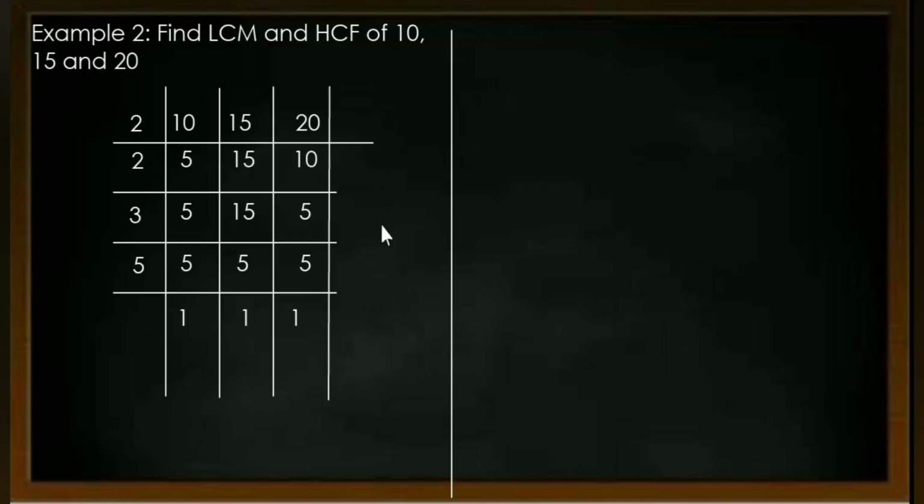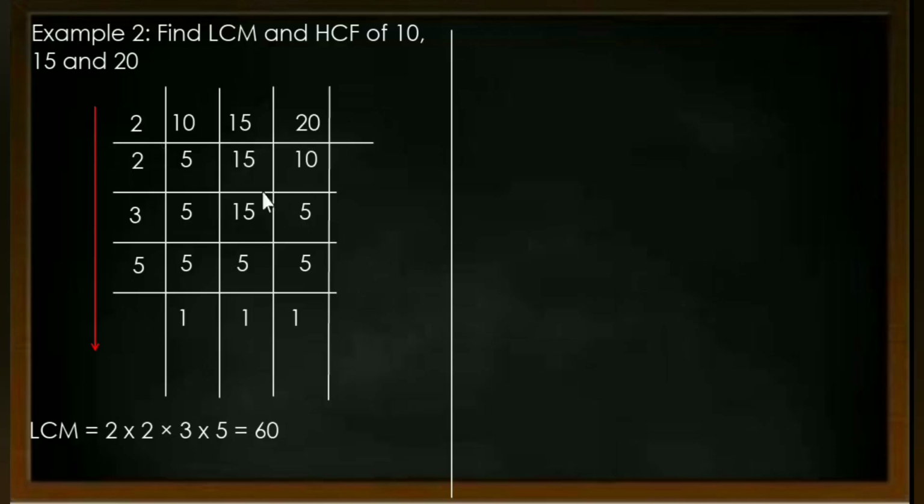So in order for us to get our LCM, we are going to consider all the divisors here by multiplying them together. So LCM is 2 times 2 times 3 times 5 to give us 60. How about HCF? Just the same way we explained in the last example, we will start considering row by row